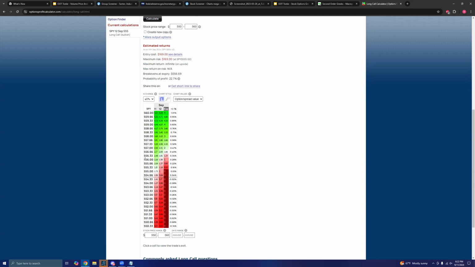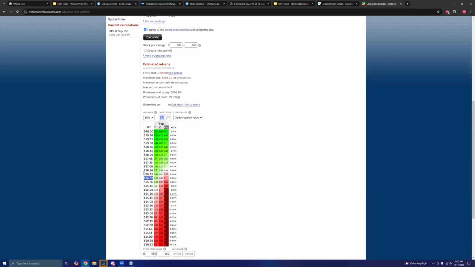Even if the stock price increases $2 almost overnight, we are still completely in the red. We're down 6% here. We only begin to see profits once we see that stock price move up a little bit, almost 0.5%, right? So about 0.4% is when we start to see profits. So we have to have about a maybe $2.50 gap up overnight in the SPY to break even at minimum, right? And this is entirely because of theta, right? Theta is the main driver for the decrease in the contract's value as we approach expiration.